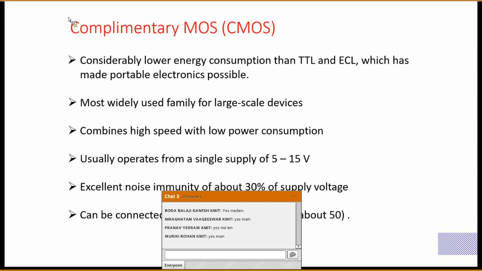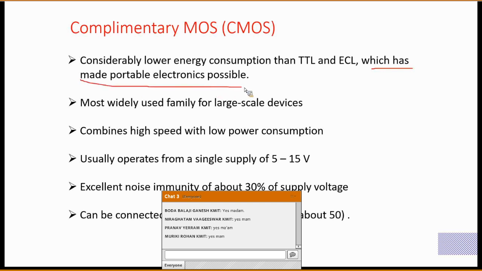CMOS is a combination. If you want to construct a CMOS circuit, we will be using both NMOS and PMOS. Both NMOSFET and PMOSFET will be used in series path and given as input to CMOS. See here, CMOS has considerably lower energy consumption than TTL and ECL, which has made portable electronics possible. So nowadays we are using CMOS technology